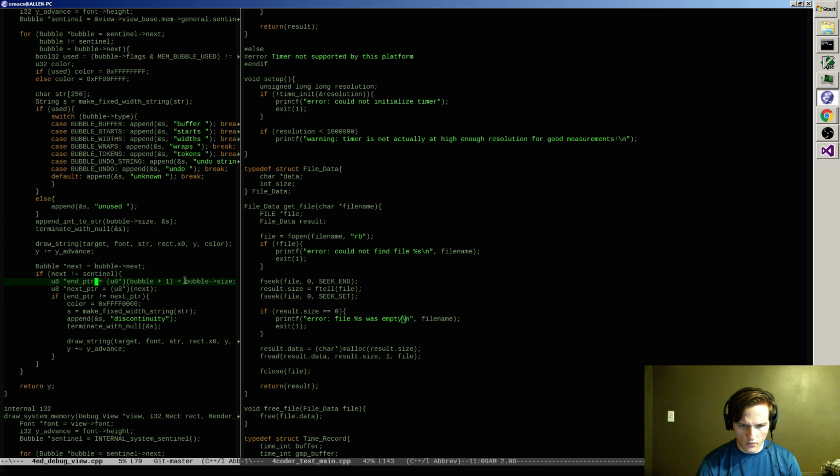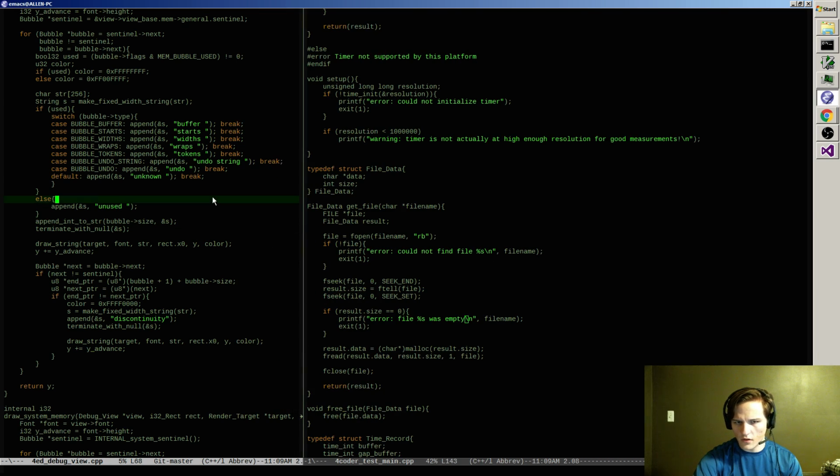Debug view. I haven't touched this at all today, so that shouldn't be a problem. System, layout, color view, style, forward, CPP. Yeah, I don't think I really touched anything else today since I first opened all these files.